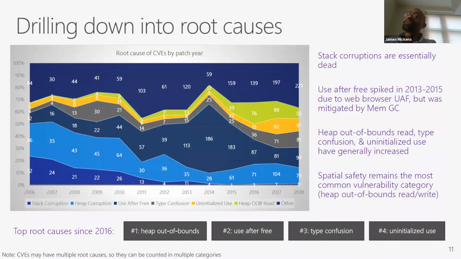Now, if we drill down into the root causes, this graph is super interesting. What this graph is showing, across time on the x-axis, sort of like a histogram per year, is the most popular types of attacks. And what we see is that vanilla stack corruptions, your easy, naive buffer overflow in the stack,